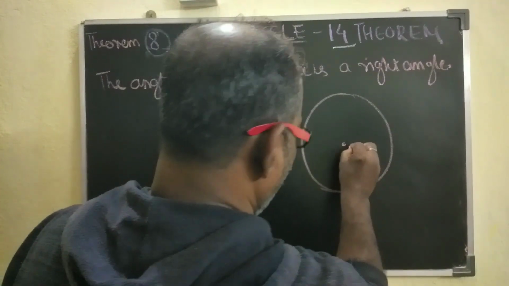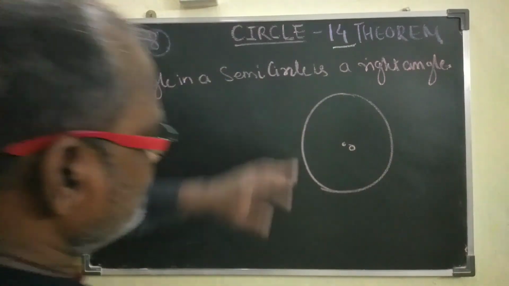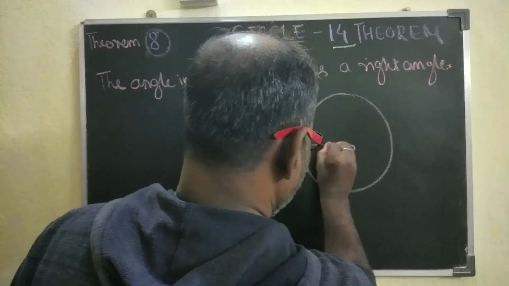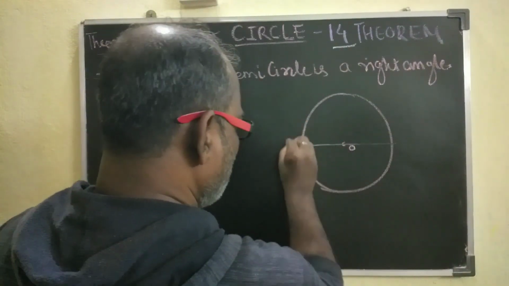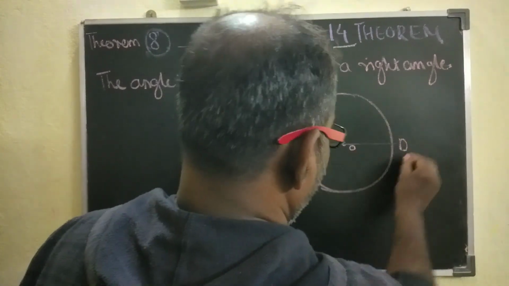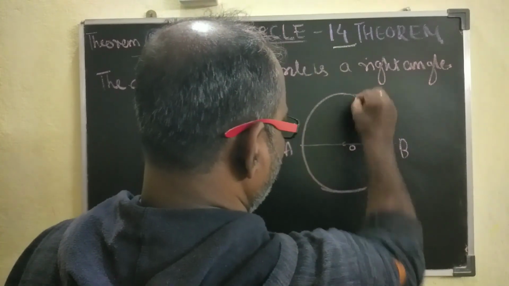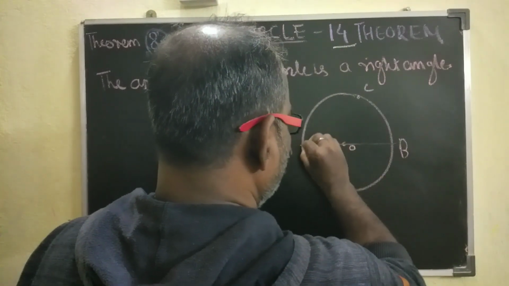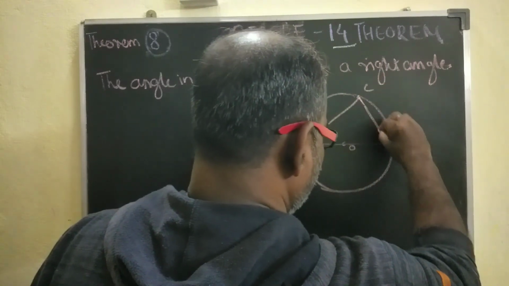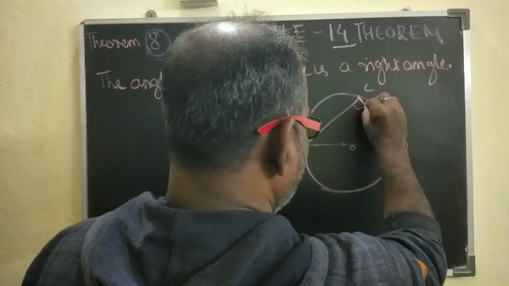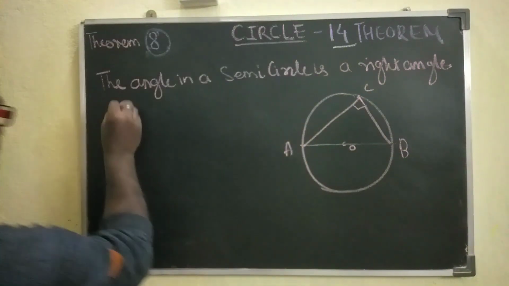This is center O. The angle in a semicircle. This is the semicircle. Let us go with AB. At any point, let us say C. Then join this and this. We have to prove that angle ACB